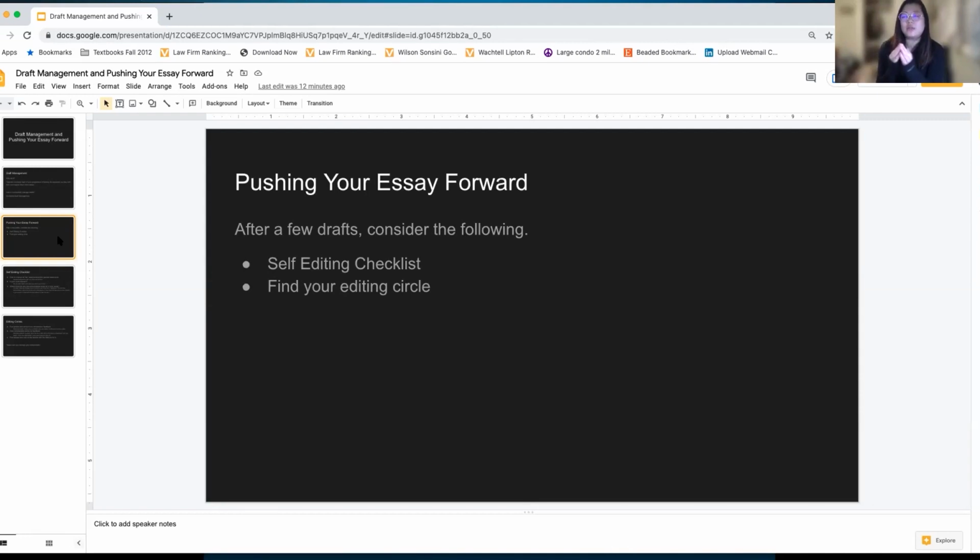So first is a self-editing checklist. These are big checklist items. It's not comprehensive, but we'll go through it. And then the second is finding your editing circle. As you may know already,